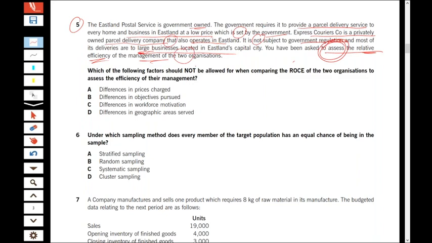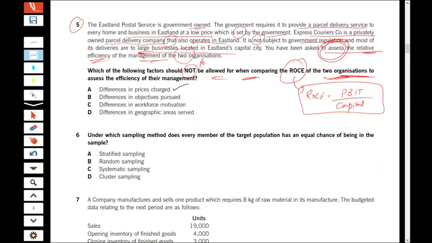Which of the following factors should not be allowed when comparing ROCE between the two organizations? ROCE involves profit before interest and tax divided by capital, isn't it? It is profit before interest and tax divided by capital. And yes, while comparing these things, we will be